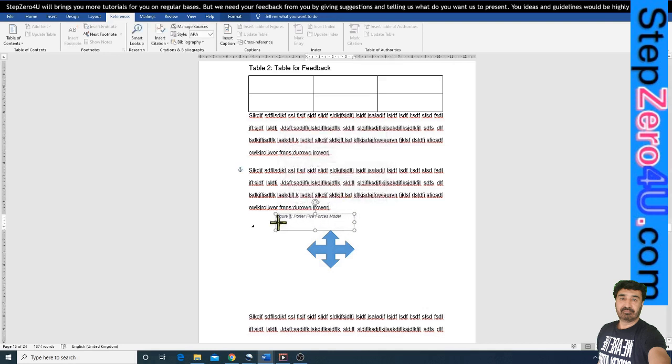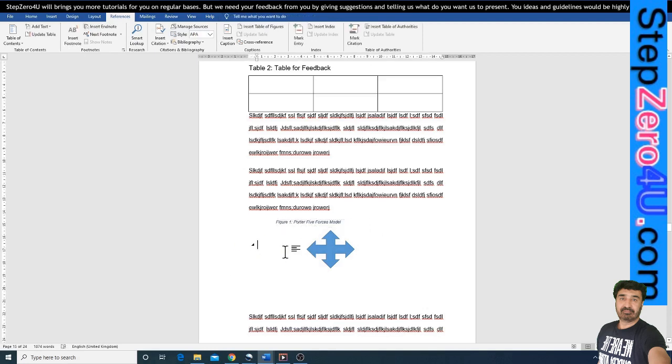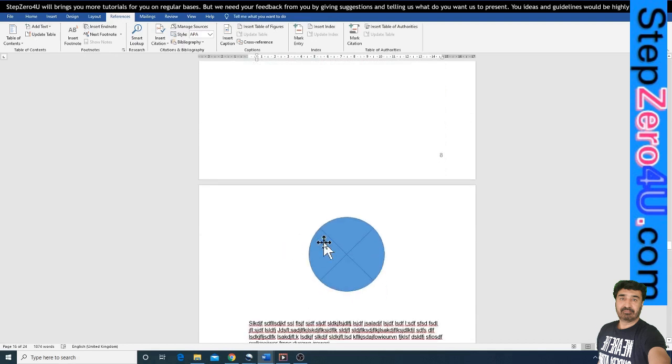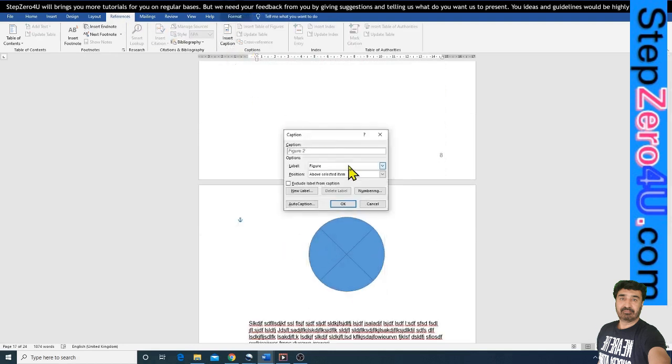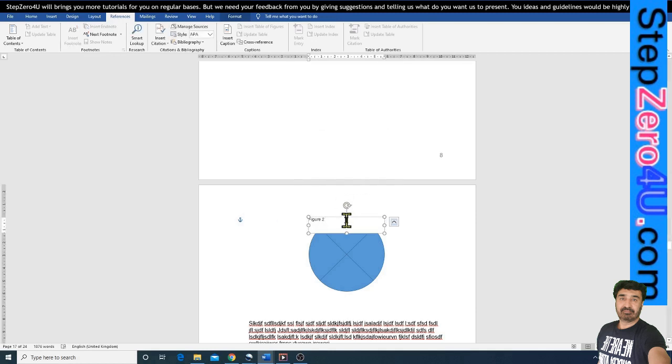In the position list, select above the selected item or below the selected item as per your requirement, where you want to put the label, above the figure or below the figure. Click the Numbering tab, uncheck Include Chapter Number, click OK, and then make changes to the format of the caption if you want by right clicking on it and going to Format. You can change the font size, the text color, and so on.